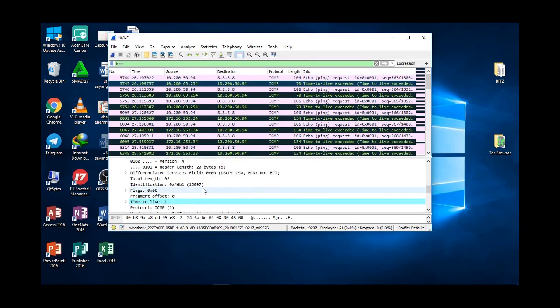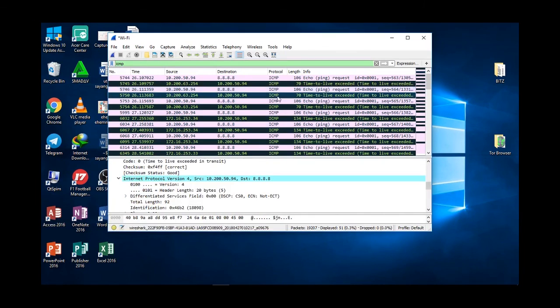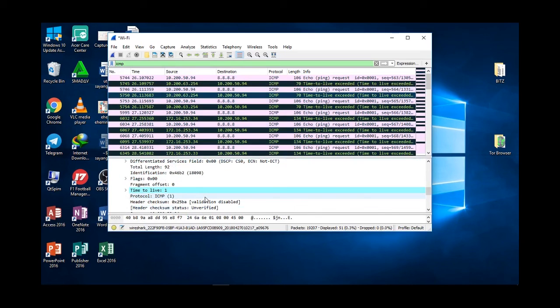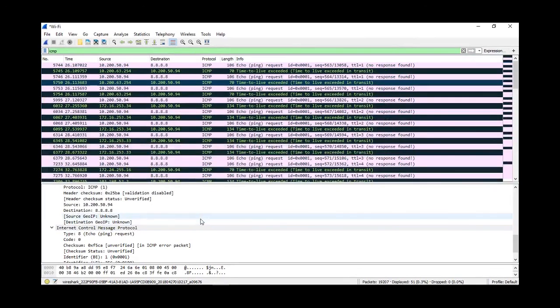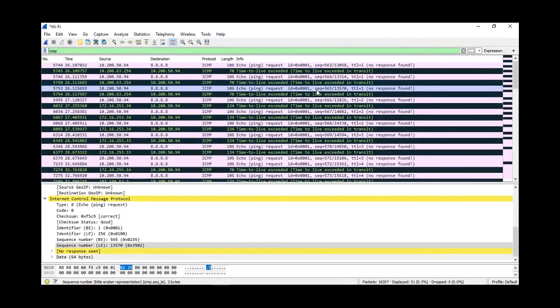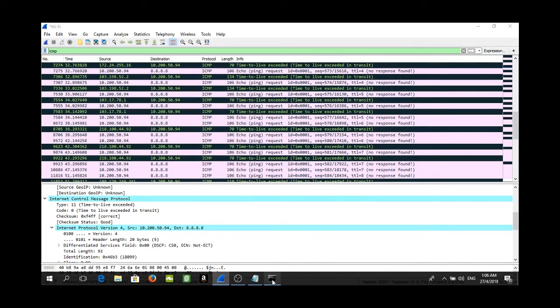We can continue by selecting other ICMP, and we can notice that the request is repeated 3 times for each time to live count, and each reply indicates the IP address of the router where the time to live was exceeded. See? As we can see in this command prompt,